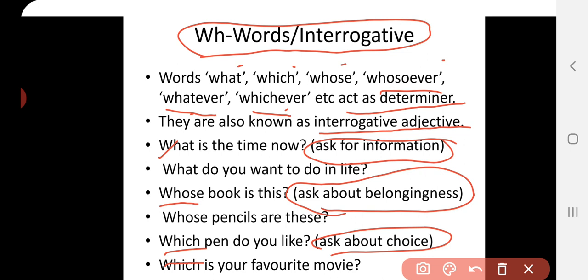So whatever, whichever, whosoever: whosoever is specially to emphasize who wants this. Who is not emphasized. Whosoever wants it is more emphasized in conversation. Whosoever wants this, contact me. Who wants it, contact me is a very